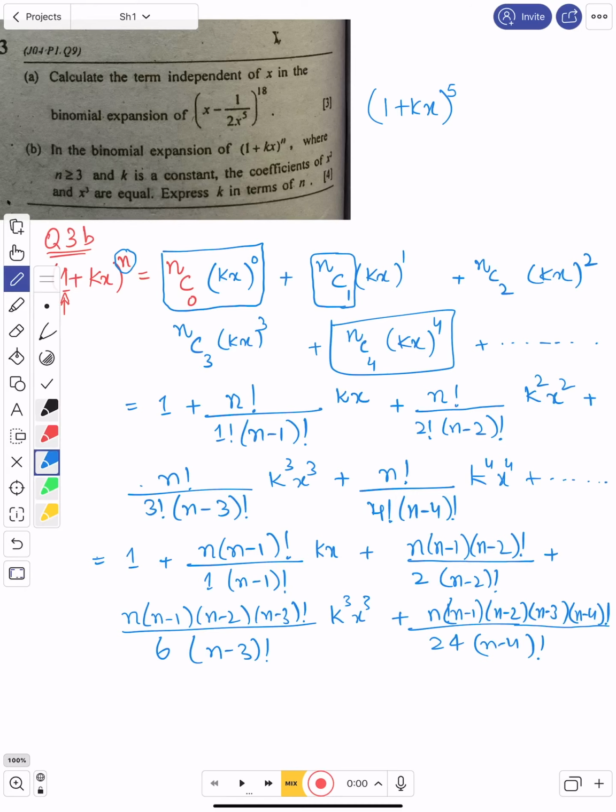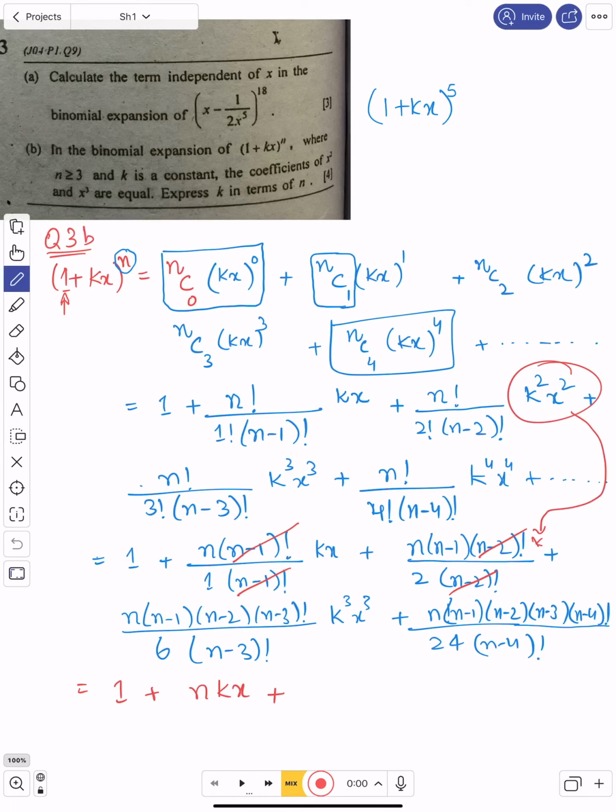So you are done with the expansion of the factorial, and you can see in the next step you can just cancel out this thing after you write 1 plus, and now you are left with nkx divided by 1 plus this thing. Acha, one thing which I want to see, that I haven't written this thing here, k square and x square, and also this thing here, k4 and x4. So nkx, the second term, the third term is,